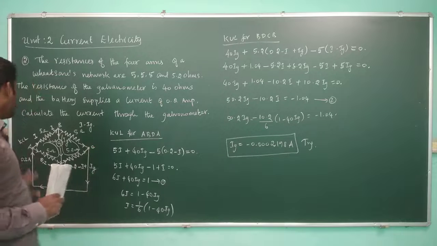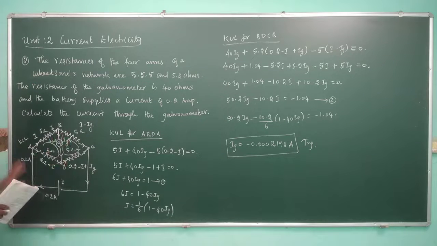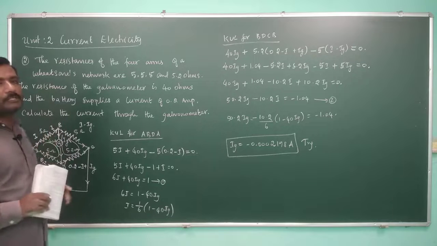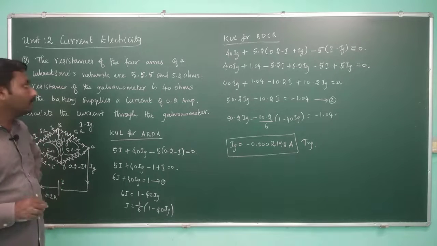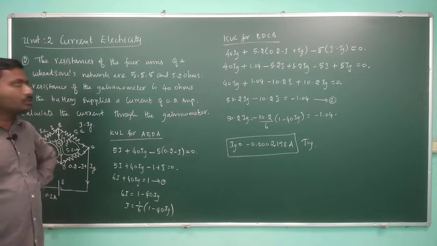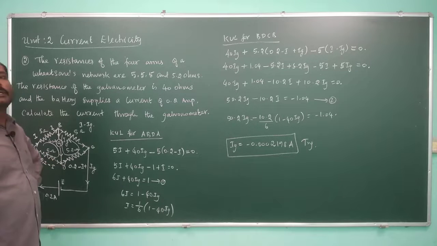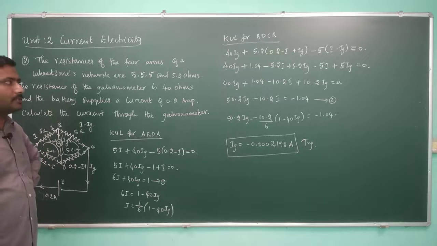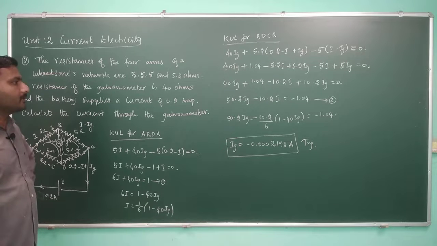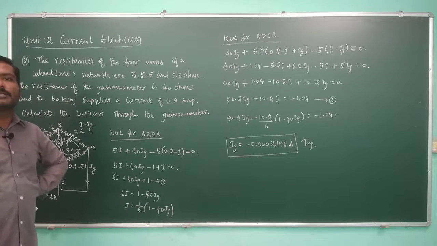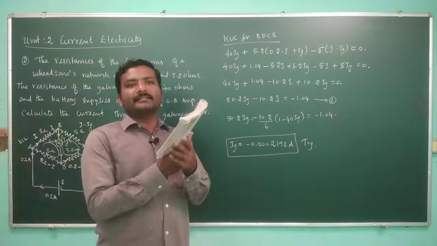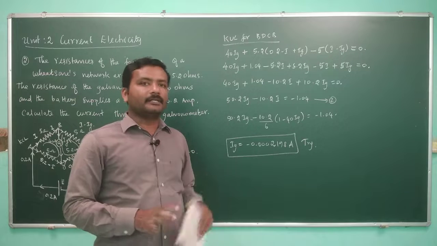Right. So these are the parameters given, so we have deduced what is what. Now apply these concepts, that is Kirchhoff's voltage law and current law, using the Wheatstone bridge, and find the equation to calculate the unknown resistance. Suppose these resistances are unknown, we have to find the equation to estimate the unknown resistances using this concept. That is what we are going to discuss as the next topic, in the next lecture.